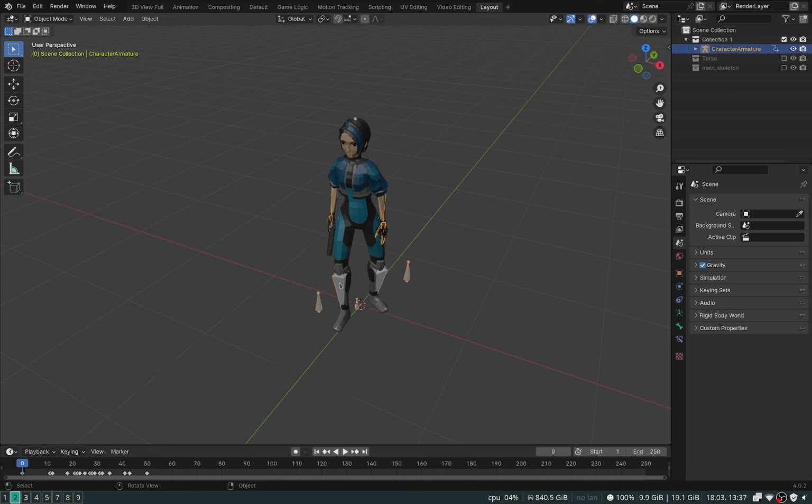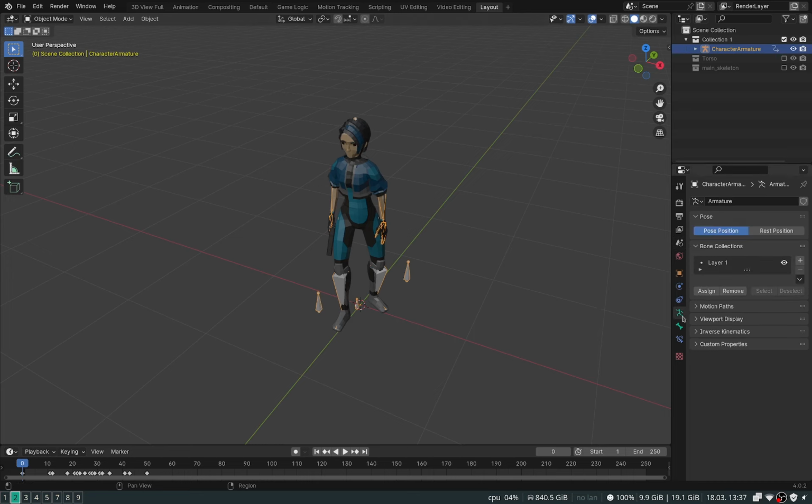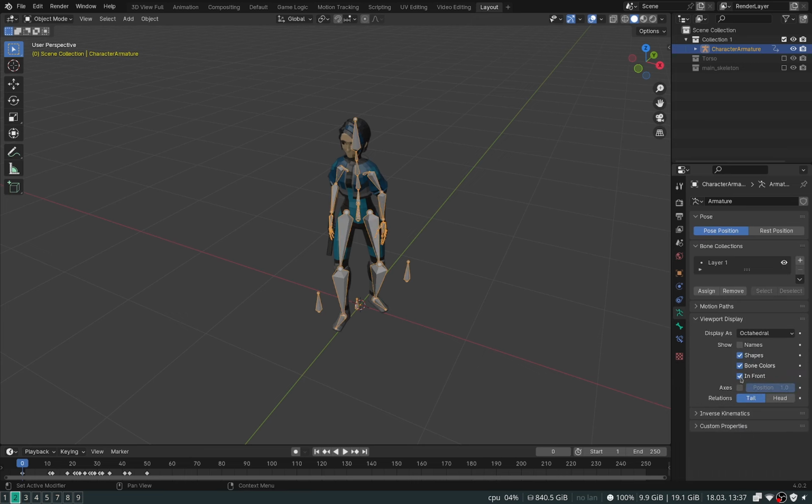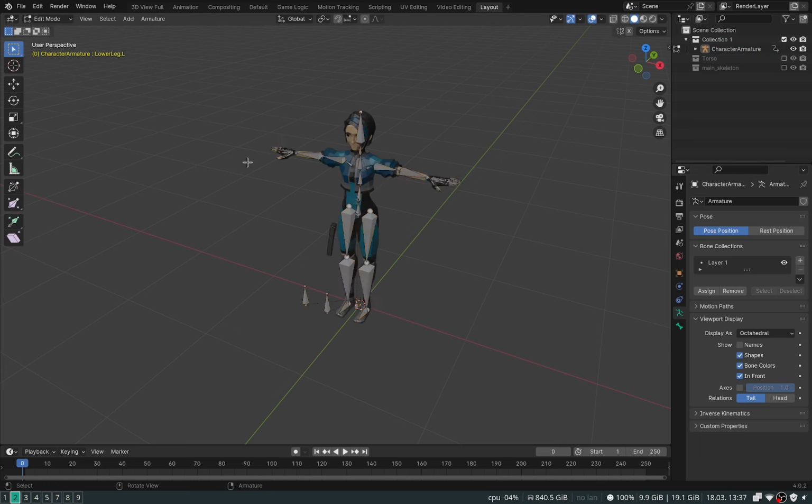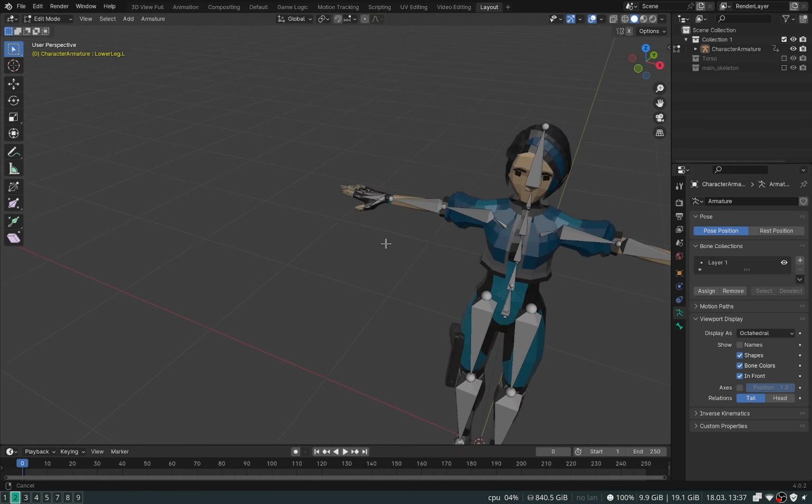So one thing you can do is click on the bones to be able to see them through the mesh. To do that, we'll come over here to Data, Viewport Display, and then check off in front. So now we can see the bones even though they're inside the mesh. Let's go to Edit Mode, and we want to put the sword in this hand. So we'll move over there,